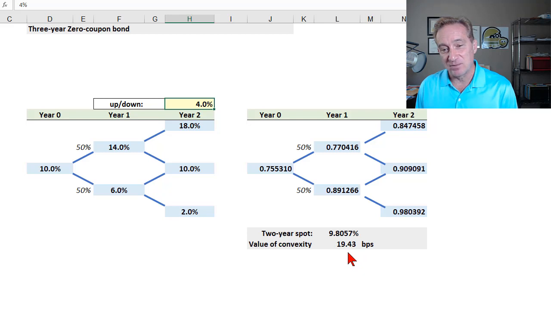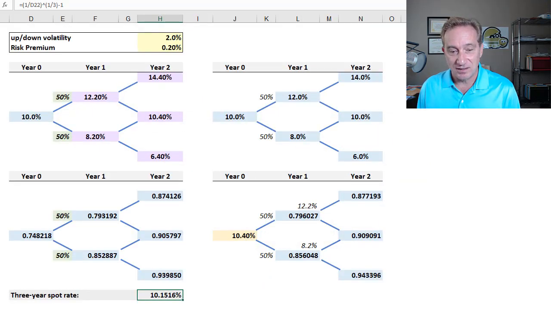That's jumping up to almost 20 basis points for the value of the convexity into the 3-year zero coupon bond. So we can see here, of all the 4 scenarios we've looked at, we got the highest value of convexity when we combined higher volatility with a longer zero coupon bond. Okay, so that really was the more difficult dynamic of the two. That's the value of convexity that shows up in the term structure by depressing the spot rate or pulling it